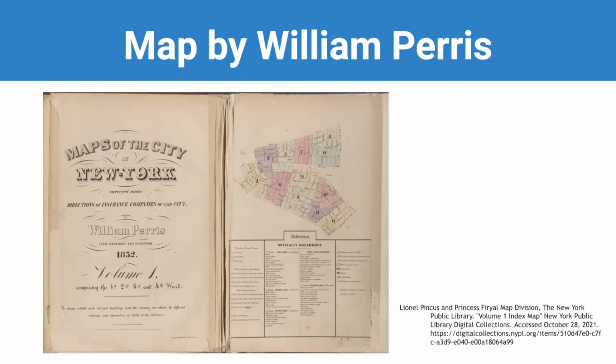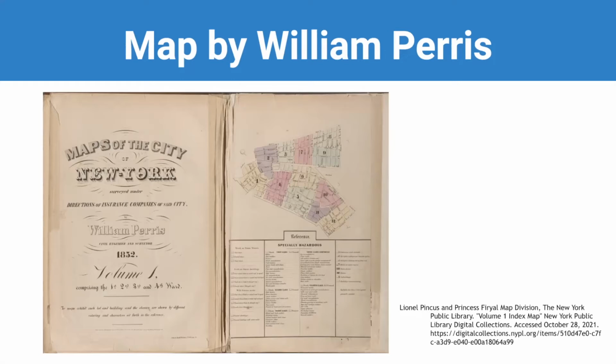And they worked to create a map of New York City, which would provide an outline of each building and would also show the construction materials and use color-coded symbols. And so these color-coded symbols really became the foundation for later fire insurance maps. And they became the standard, which would be used for over a century.